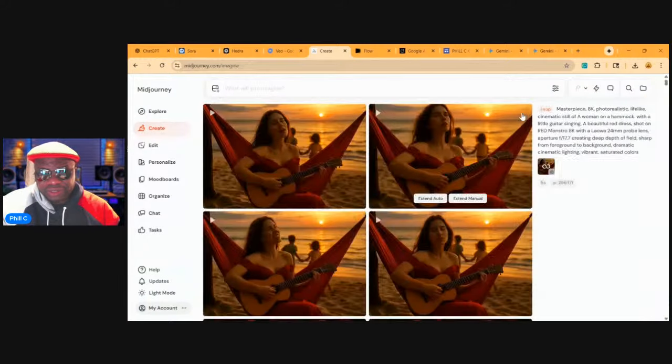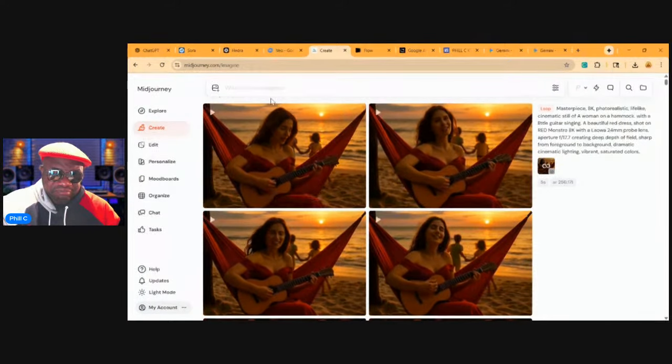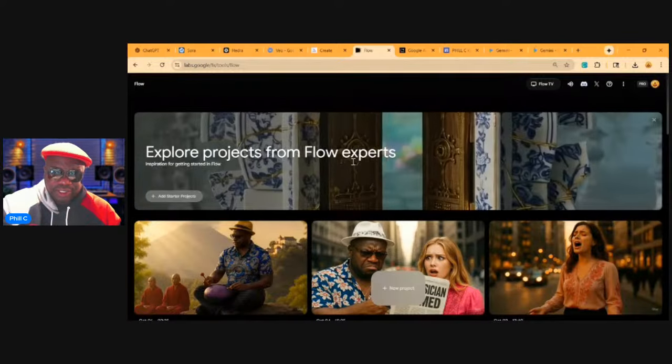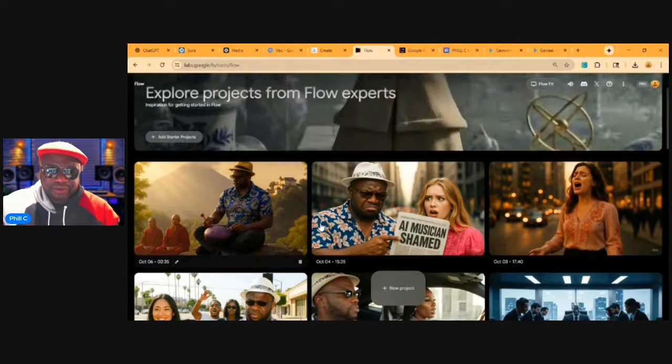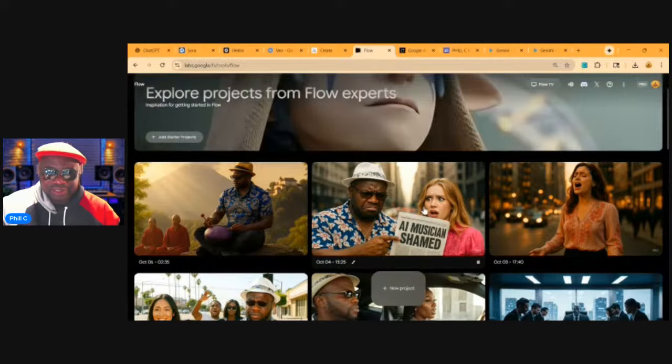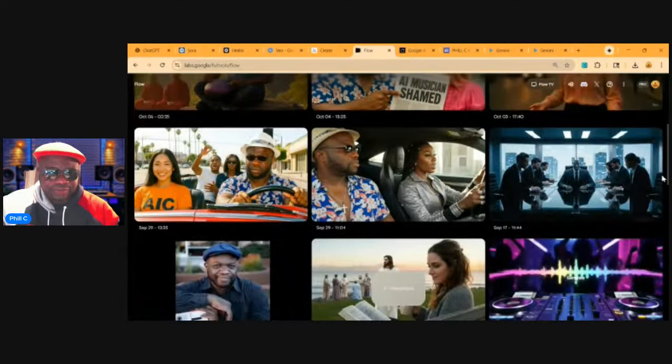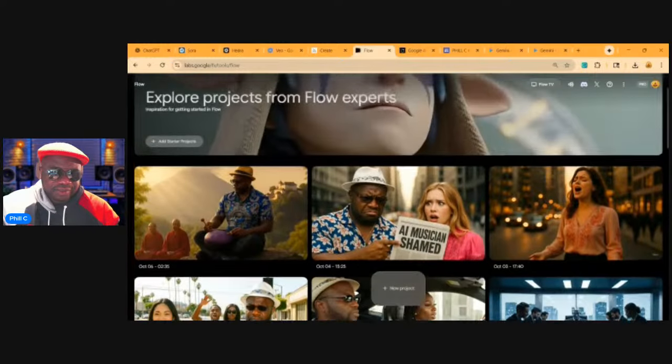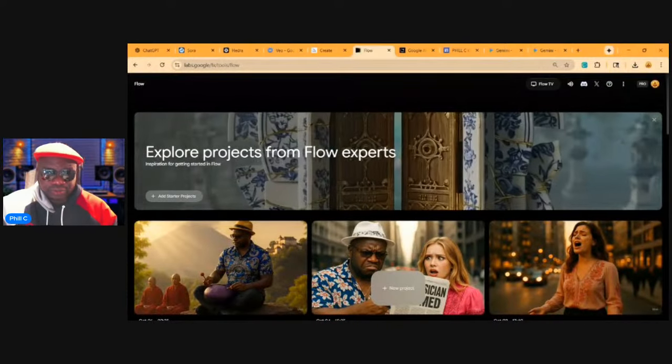Okay. So we're back at Midjourney, and you saw Midjourney is so simple. You just bring the thing on and just give it the same prompt. But there's some other tools that are quite colorful, quite interesting to say the least. One of such tools is Flow, Google Flow. You can see here I have some of the videos that you folks might have seen quite recently. So that is also a possibility for you to just stack up lots of footage, and all of these could be parts of your video.